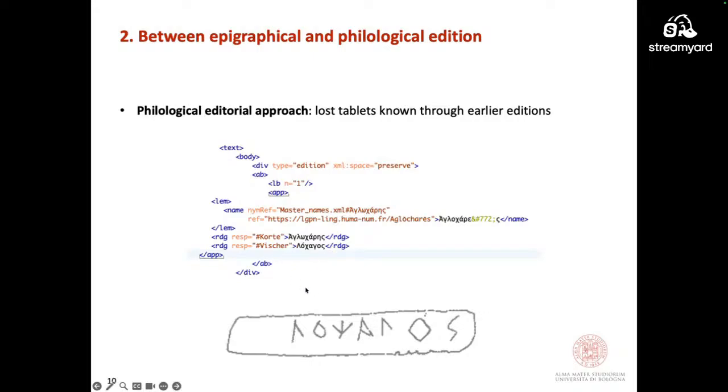And the first editor also gave us a drawing. And so we have to decide on a more philological basis what we choose as the reading. And so this is why in this case it is useful to have an apparatus.